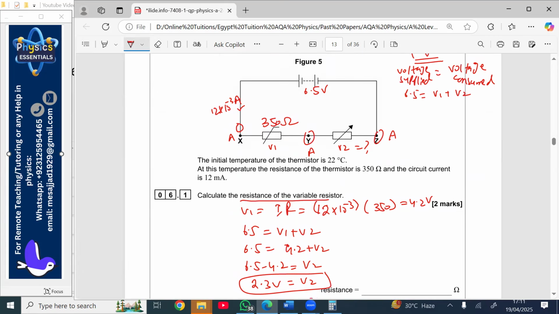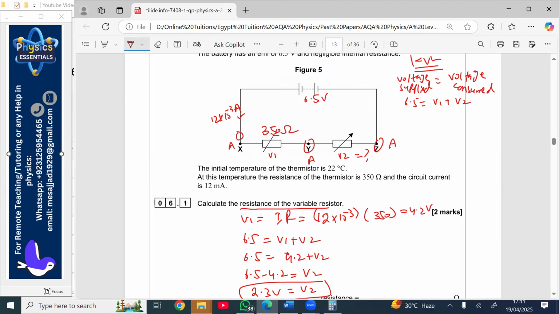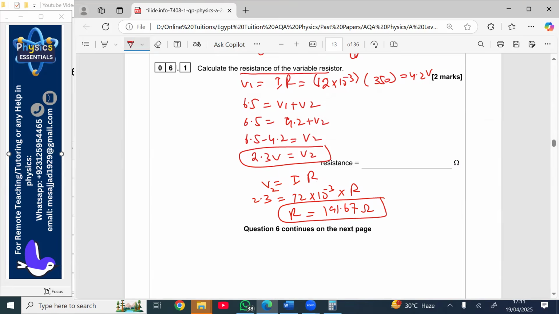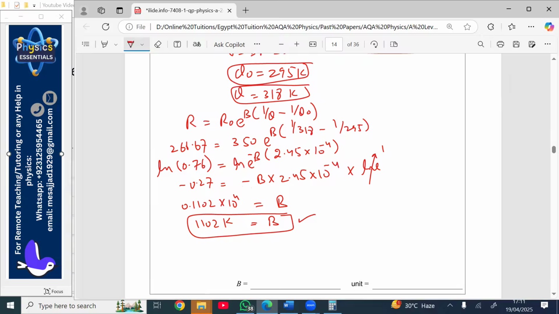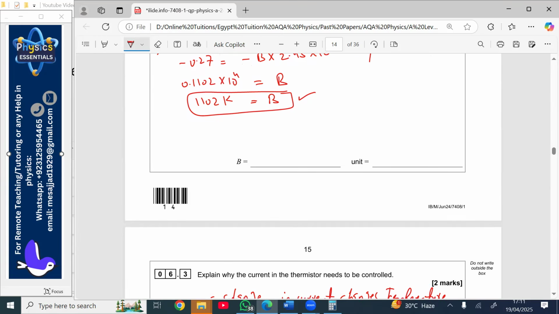And what about the energy? You will connect the voltmeter first of all here, and you will see what the voltage is, and then you will connect here, and you will see what the voltage is. Then you will add them together and see if their sum comes to 6.5 or not. And if it is, it means the conservation of energy as well, because 6.5 joules of energy is coming in, and the same energy is being utilized down there in the circuit. So you will say that